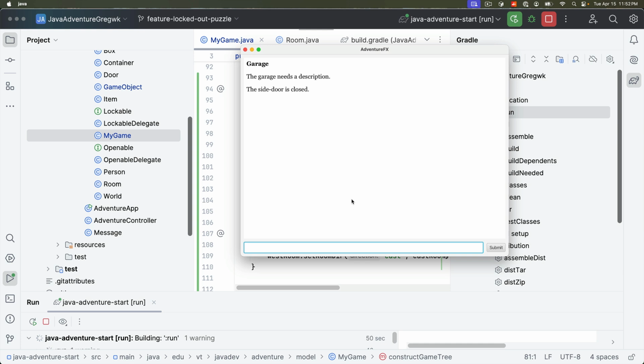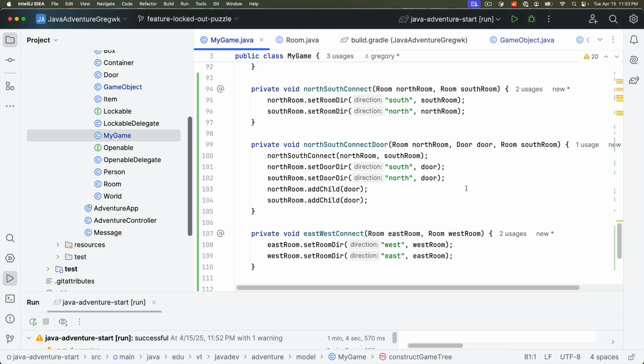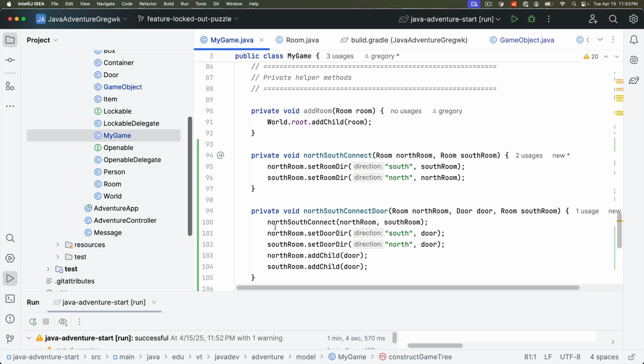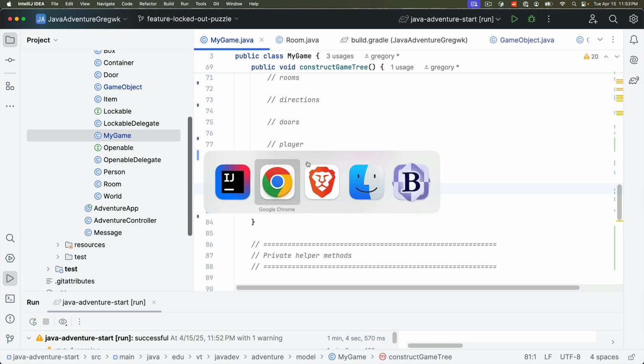And how are we going to solve this issue? I'm going to solve this issue by creating the house key. And I'm going to say the house key opens both the front door and the side door. All right. And I'm going to put the house key